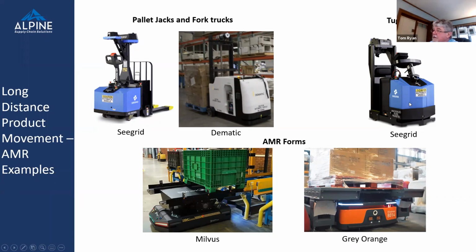And then down here, we've got a couple examples of AMRs working with what are called pickup and drop off stations. The Seagrid type could actually set it down on a spot on the floor. This is the type where it carries the pallet on its back, so it needs a device to pick it up from and set it down. And so now we come to the